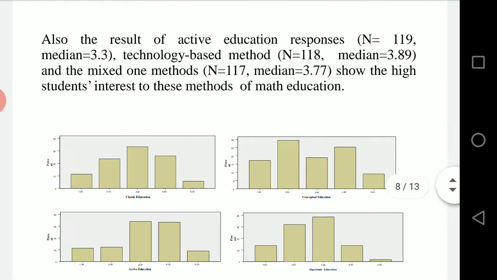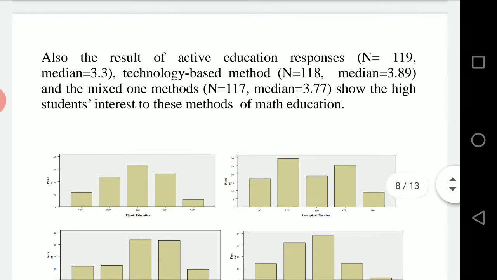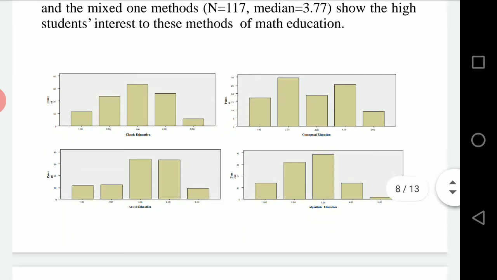The diagram shows the details of the results of active education responses.